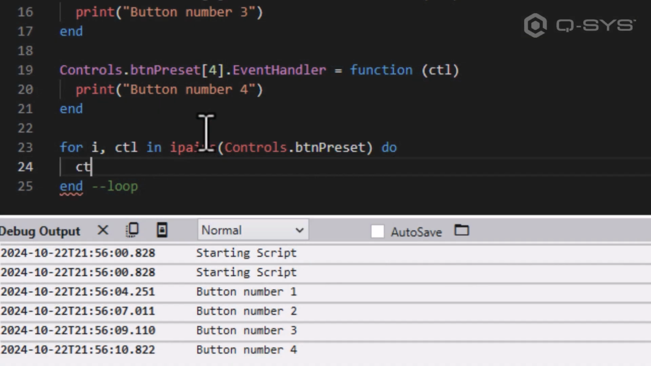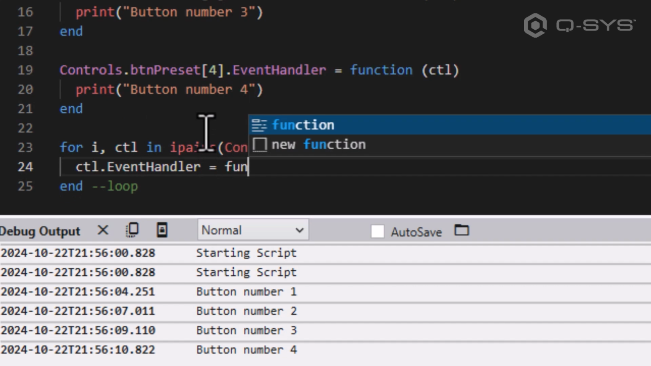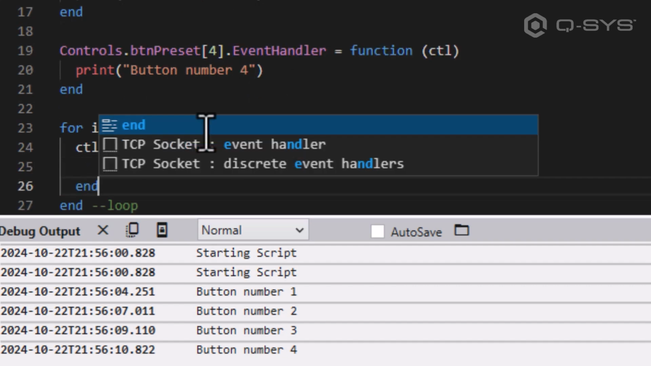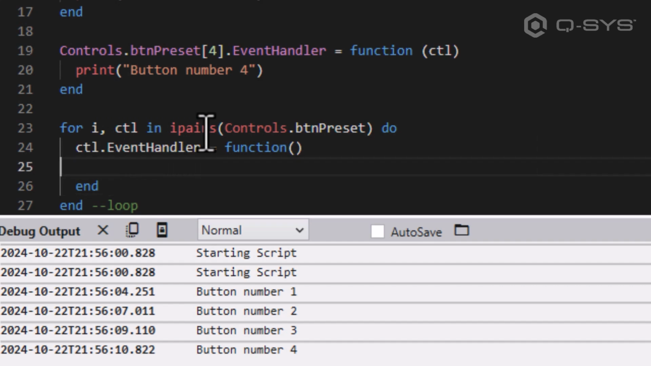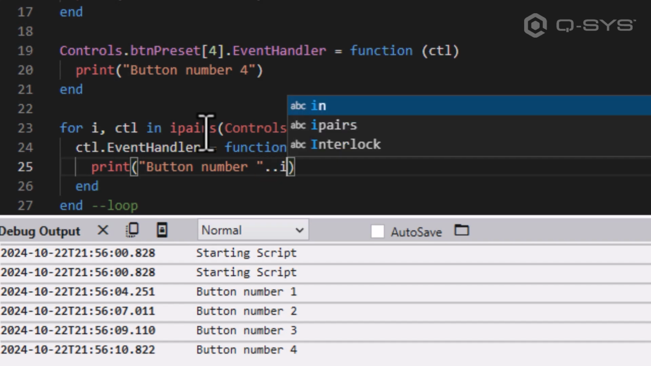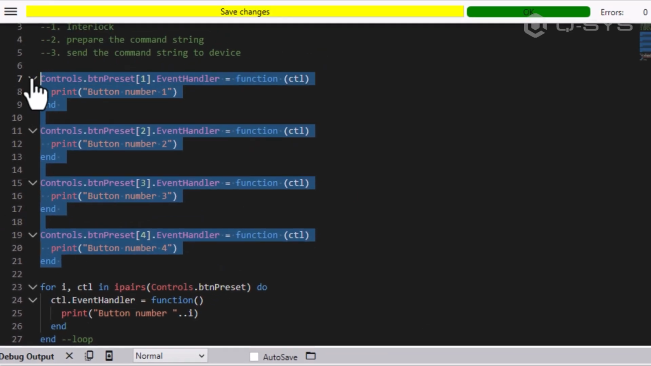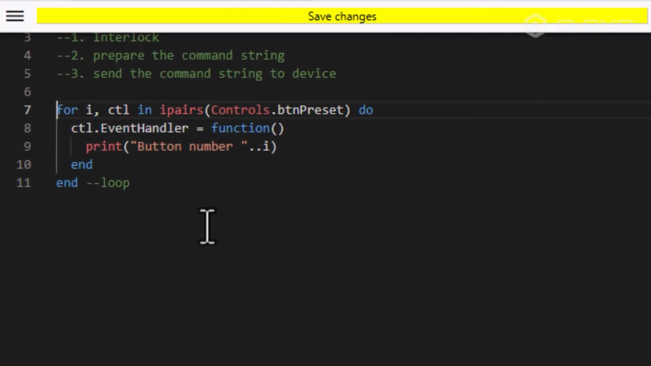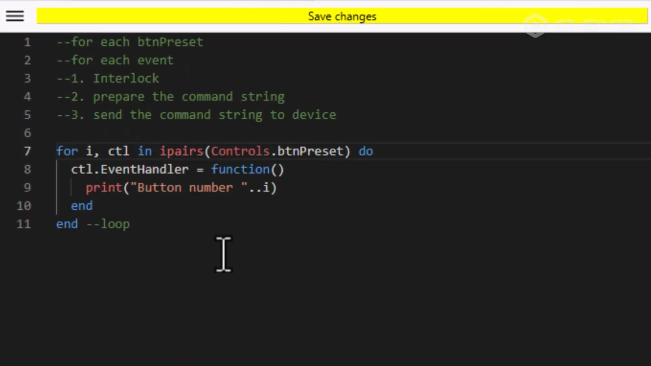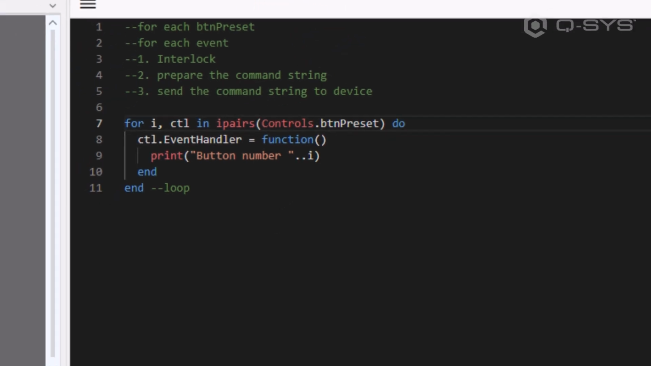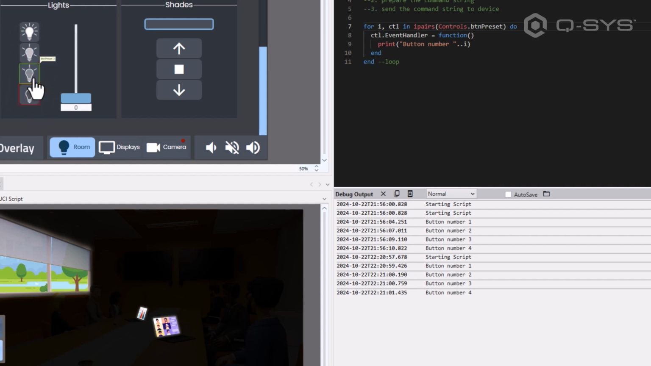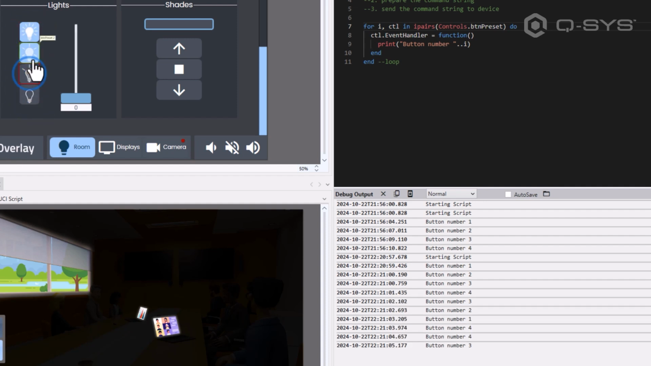And so here we go. ctl.eventHandler is a function. And this is a time where we don't need to pass in ctl again. We already got it. And so what do we want to do inside of our event handler? We're just going to print: button number, and we can concatenate in that i. And then we can get rid of these and see that we have replaced lines 7 to 21 with lines 7 to 11. Now when we hit save, we can see that we now have the same functioning code,